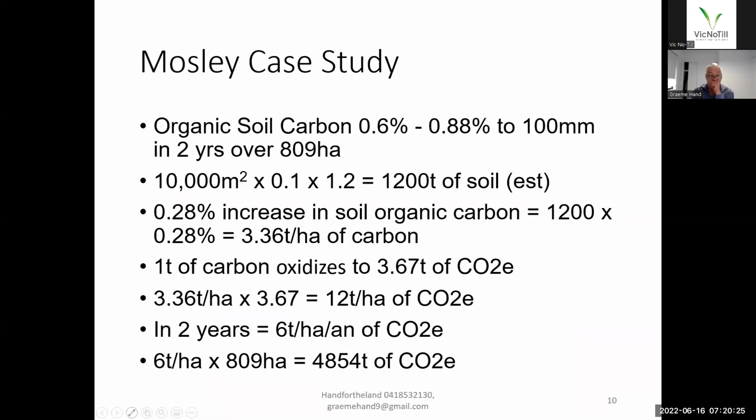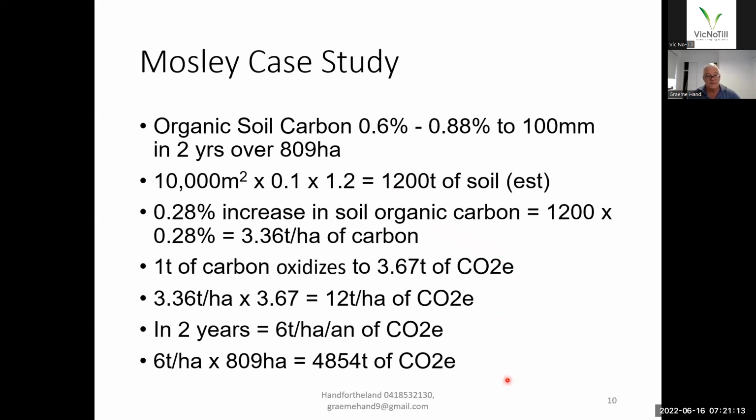So we did this back in the early 2000s. And it was just a soil test. So it doesn't stand up to, it wasn't a peer-reviewed experiment. This is what the soil did when it shifted. You'd be surprised if it didn't increase in organic soil carbon. But just using the soil test results, down to 100 mil, it went from 0.6 to 0.8. So what that meant, though, was how much soil it represented. This is how much increase it was,